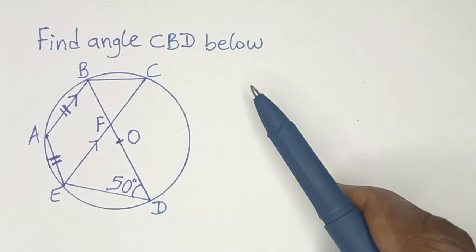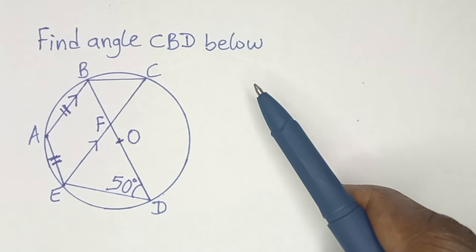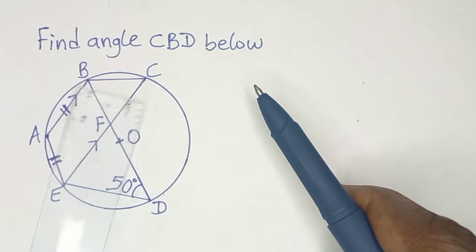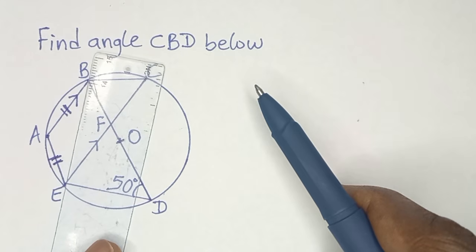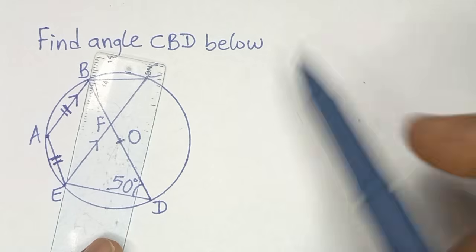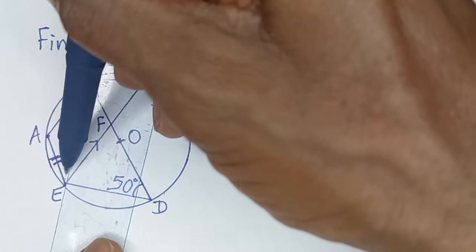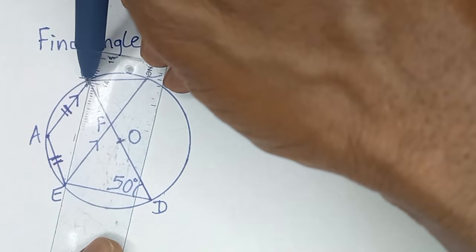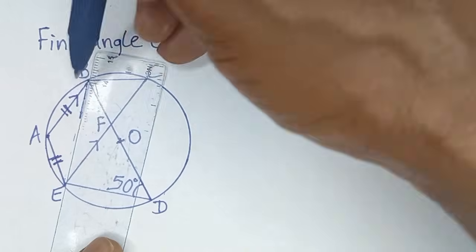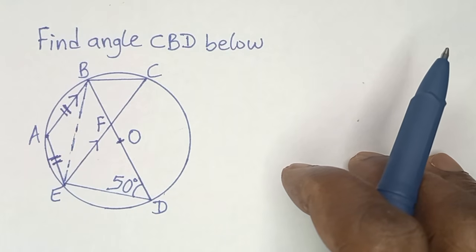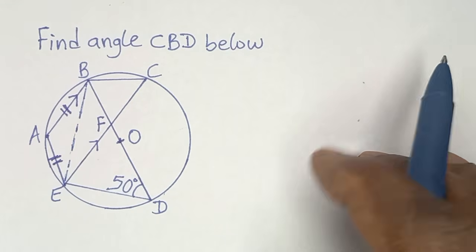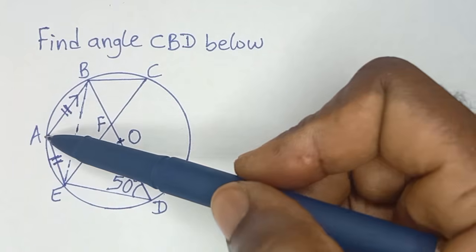So the first thing I would like to do here to make this easy for us to solve is to first of all join the line B to E so that it will be easier for us to handle the equal lines. So I can simply join these two lines together. Now the next thing that we need to look at is the fact that this diagram ABDE